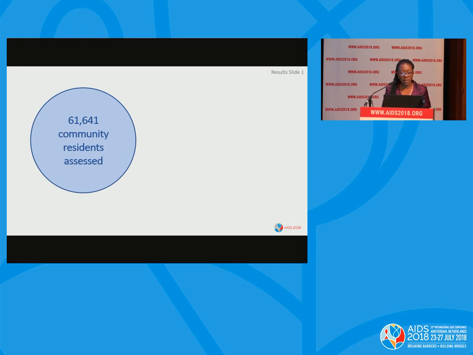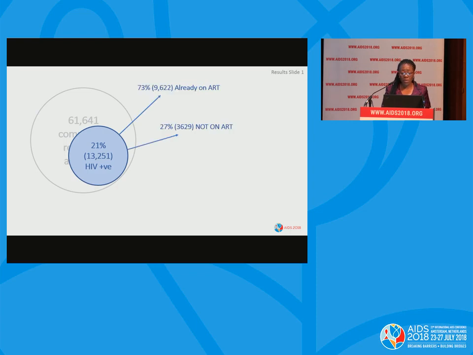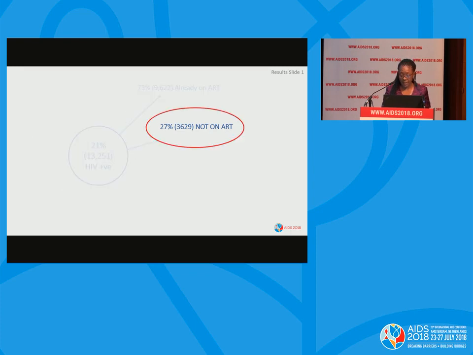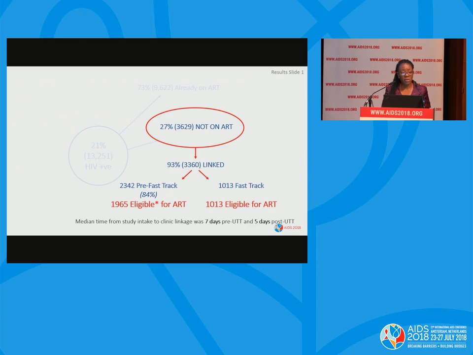61,641 community residents were assessed. And of these, 13,251, which makes 21%, were HIV positive. Of the HIV positive, 27% were not on treatment, and all were referred to the ART clinic. 93% linked, and of those who linked,